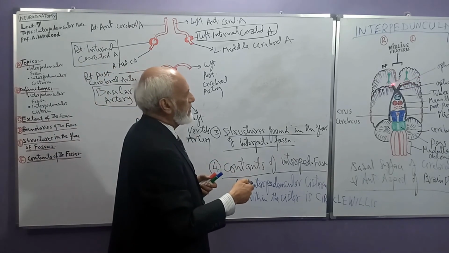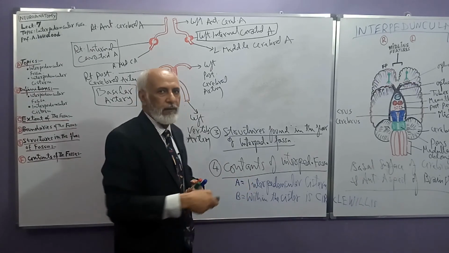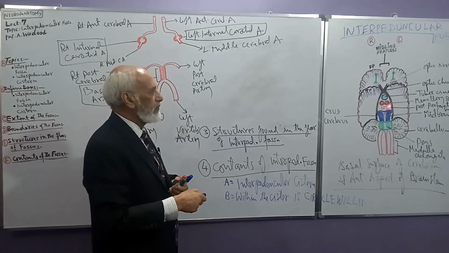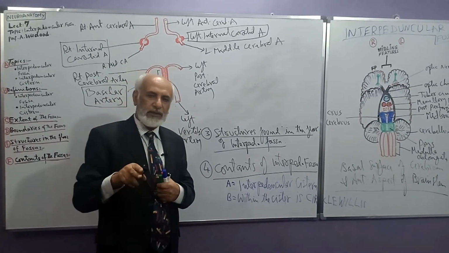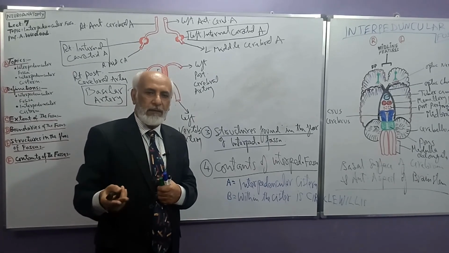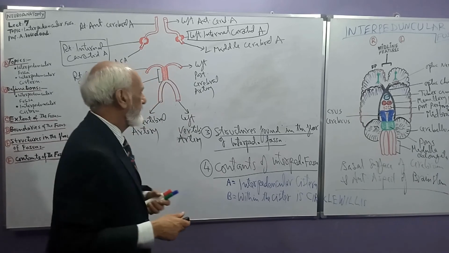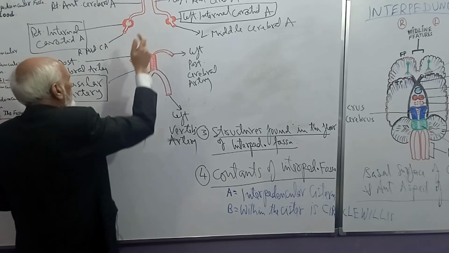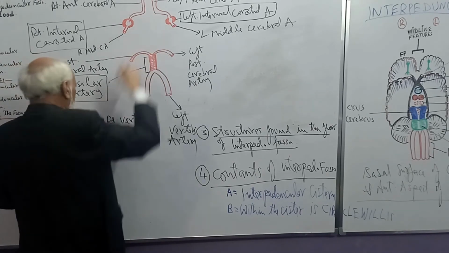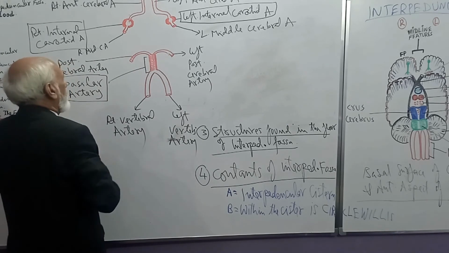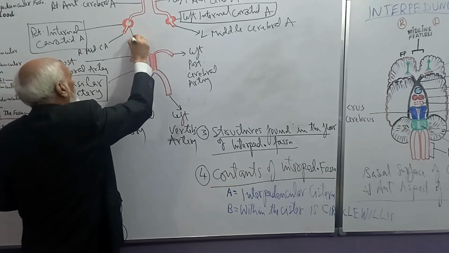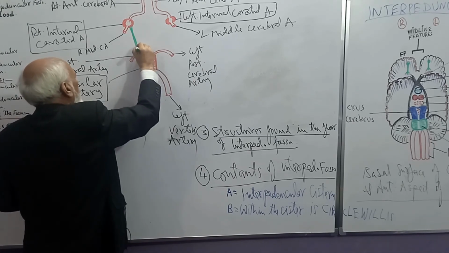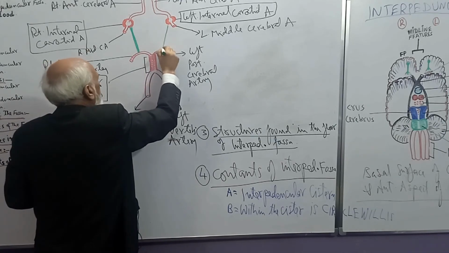And the central branches, I told you, penetrate through the anterior perforated substance on each side and the posterior perforated substance. They enter the cerebrum and supply the nuclei which are located inside. Now, the major blood supplies are from the internal carotid arteries and the basilar artery. Now, these then intercommunicate with communicating arteries.